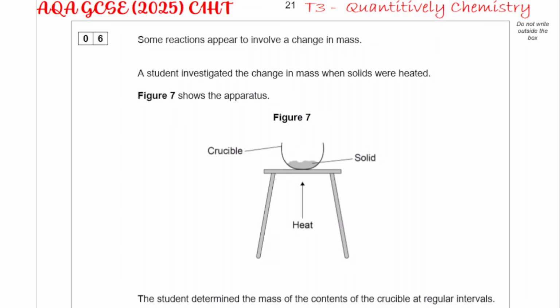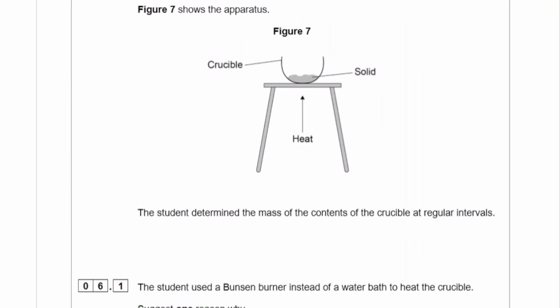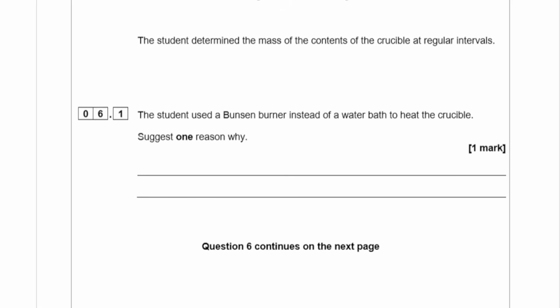So you have a crucible with the solid heated, and there's a tripod as well. So the student determined the mass of the contents of the crucible at regular intervals. The student used a Bunsen burner instead of a water bath to heat the crucible. Suggest one reason why. Well, a Bunsen burner